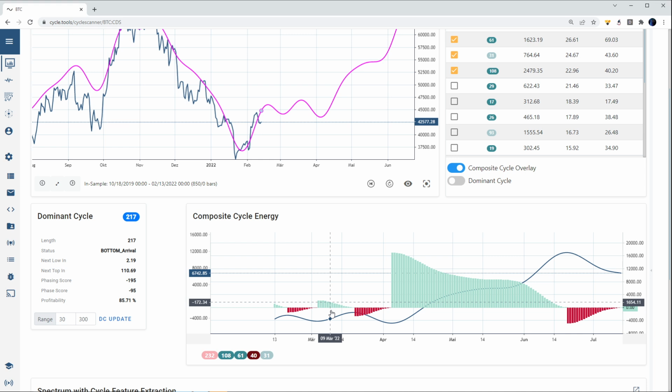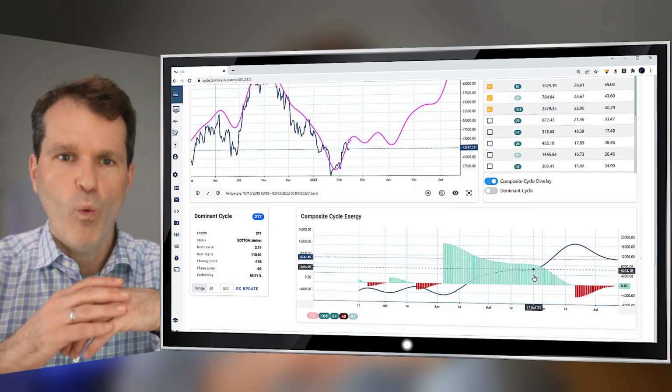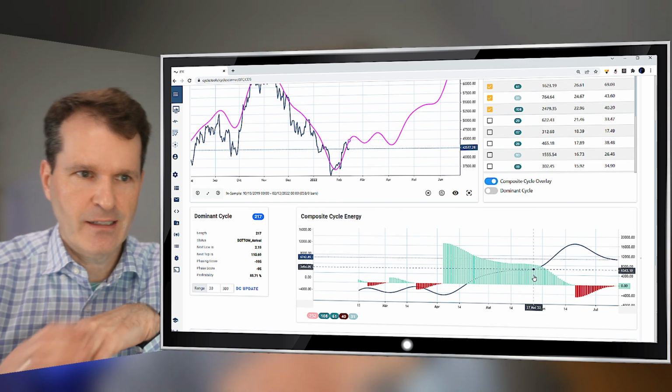But anyhow, we know that we are in the bottoming phase, so maybe it's not as important which point in time to pick, because in 4 weeks from now, we are really getting into a very positive period where all phases of the dominant cycles in Bitcoin